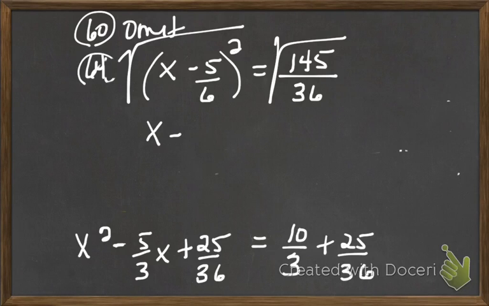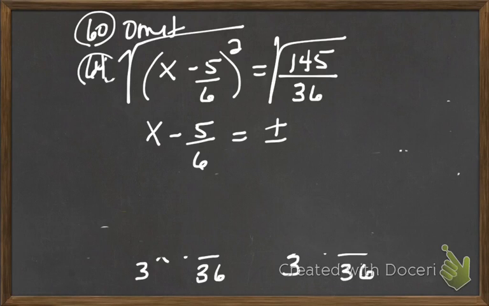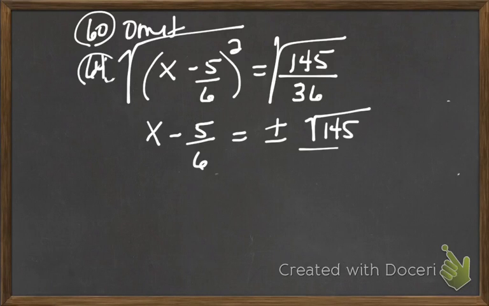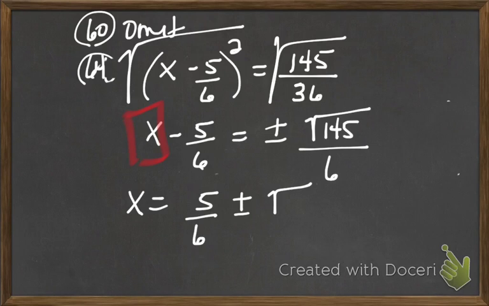Then you're going to take the square root of both sides, and you're going to get x minus 5/6 equals plus or minus the square root of 145, which is not a perfect square. So you have to leave 145 underneath the square root, but 36 is. What's the square root of 36? 6. When you're taking the square root of a fraction, you take the square root of the top and the square root of the bottom. So leave the 145 over the top. Have you solved for x? No. Yep, add the 5/6. So you end up with 5/6 plus or minus the square root of